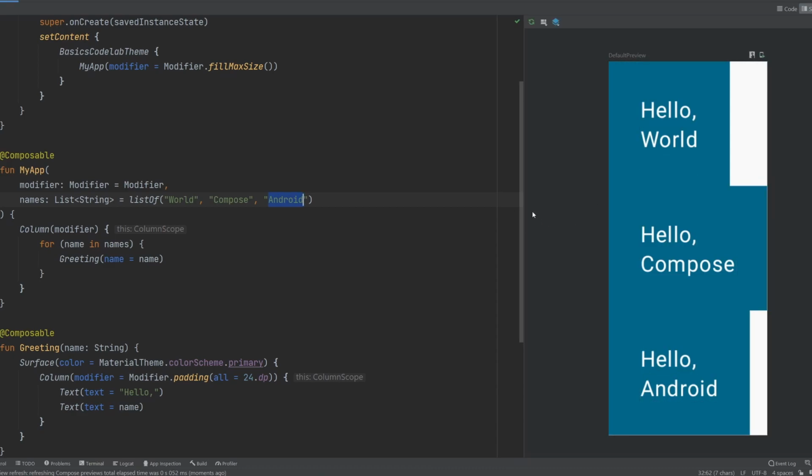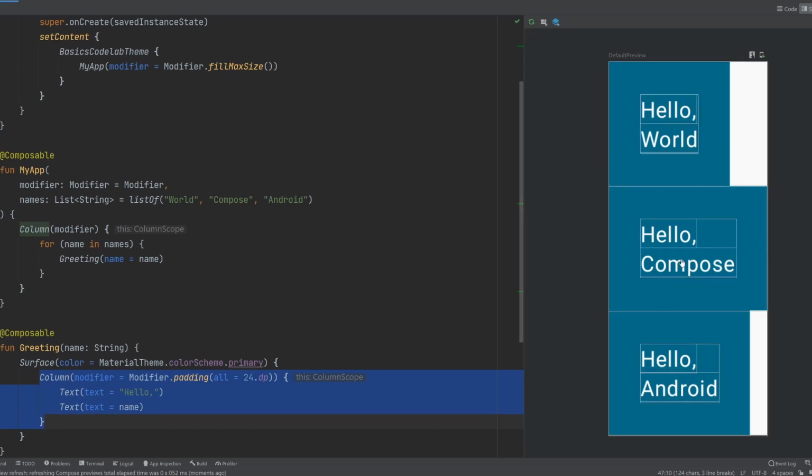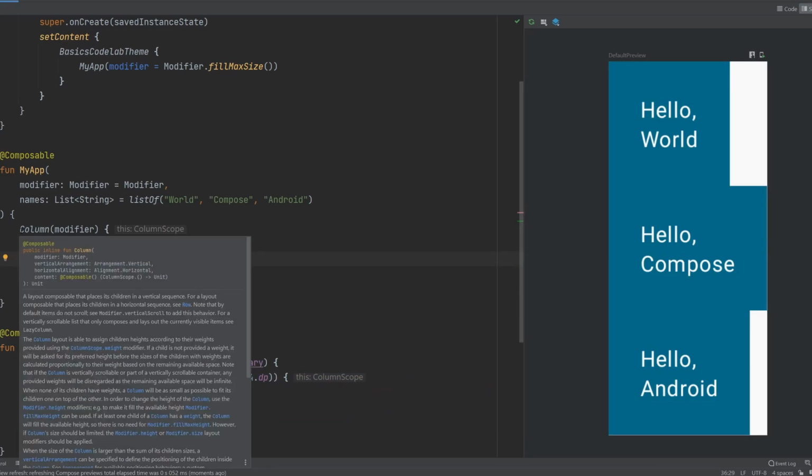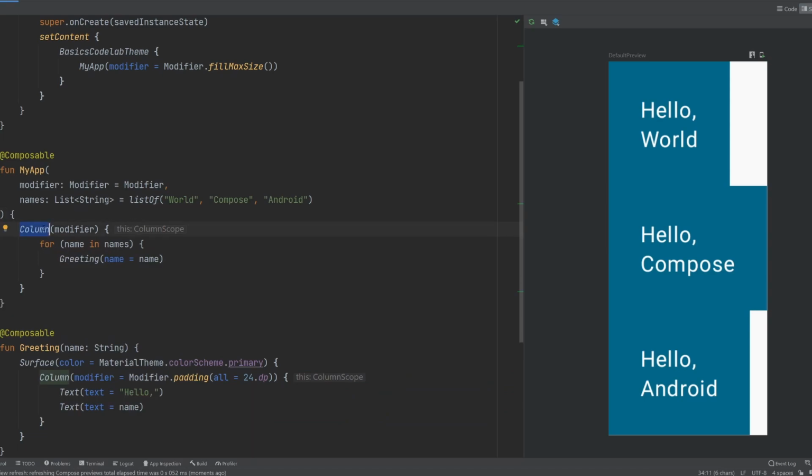So we see how our UI is starting to come together here. Within this one column, we just create n number of greeting composables, which is that surface with the column and then the two separate layers of text. So basically we've created columns within columns, right? Because for each column here, we're adding a greeting element, which has a column, and then we have two text attributes in there. So we've put 6 text views basically on the screen here